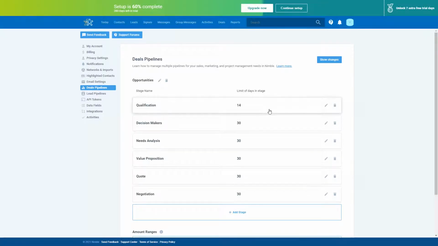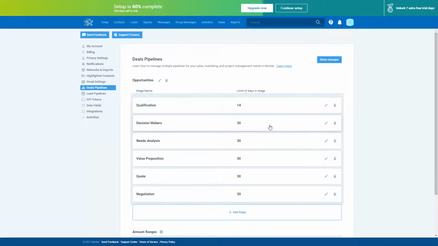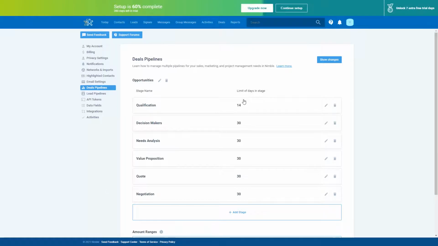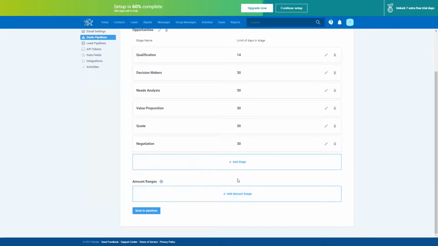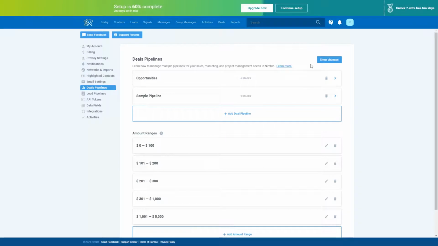So you can easily click and drag these stages in order to change the order. You can also edit them. You can change the stage name and the number of days in each stage. Okay, so I'll just click Save there. And you can also add your amount ranges here as well. So if I go back to our pipelines,